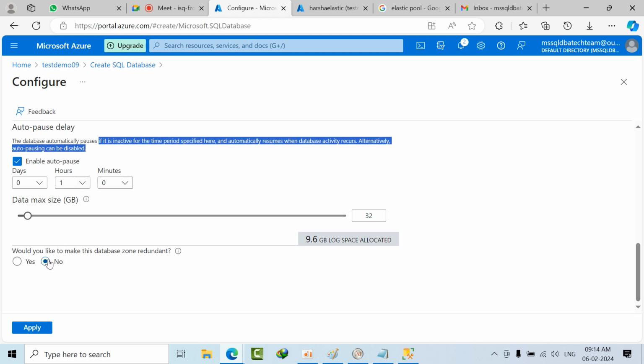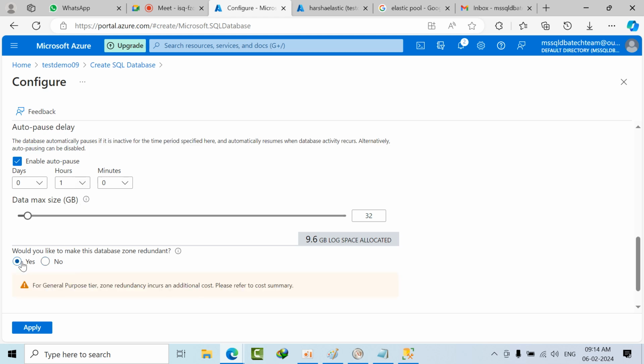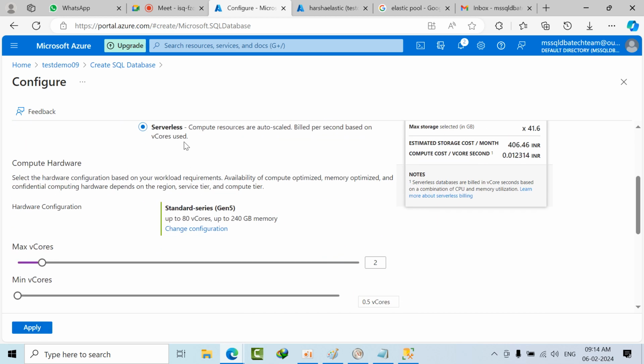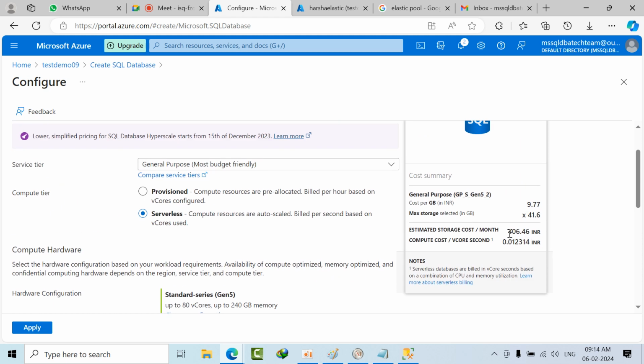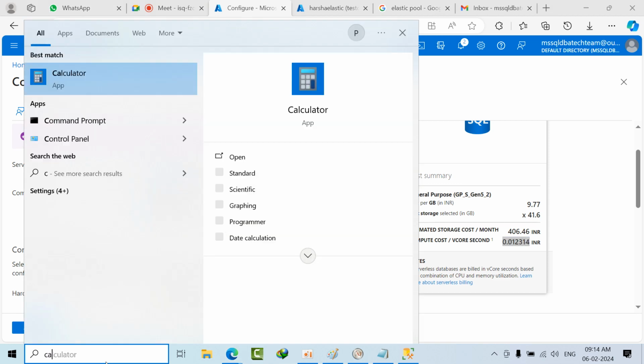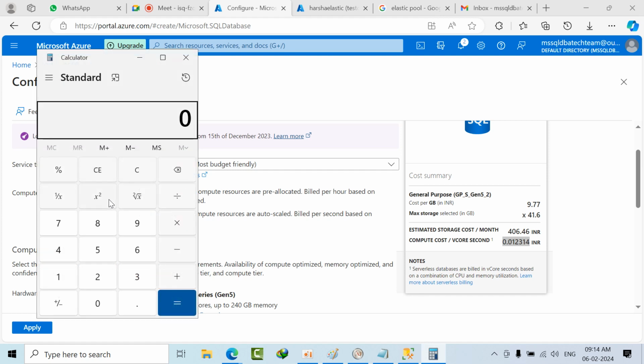Okay, if you want, you can just change this. I do not require it. Now if you click apply, the database will get created. Here is the estimated storage cost, how much I will get per second. I will calculate for 1 month. Per second this much, for 60 seconds, 1 minute. Again I will go with 60, so that I will get 1 hour, right? Per 1 hour we have to pay